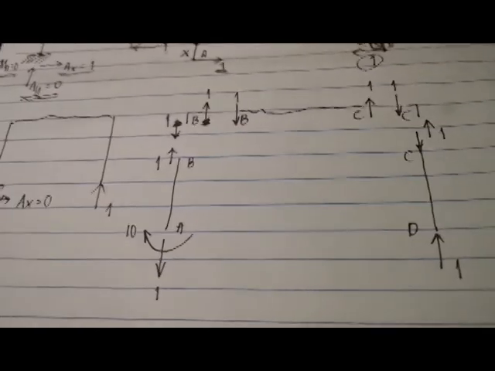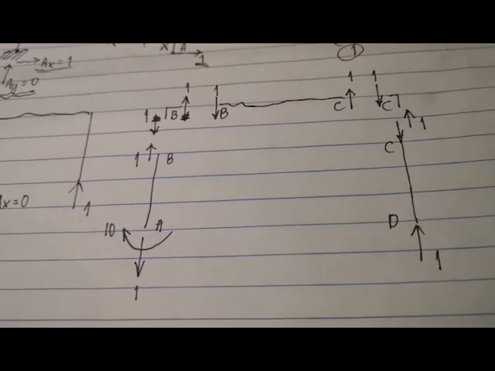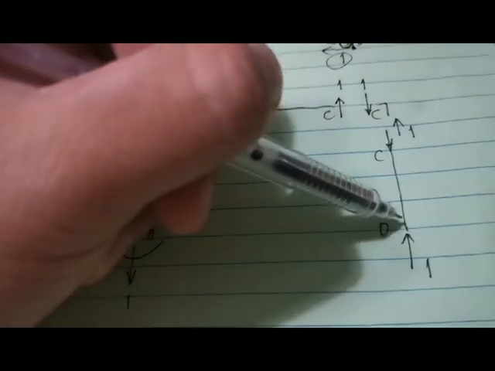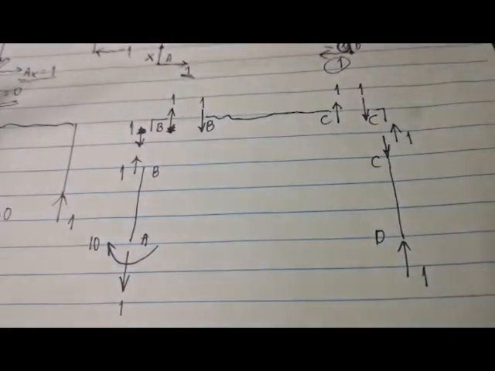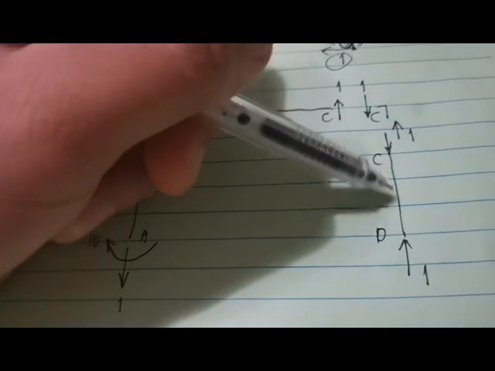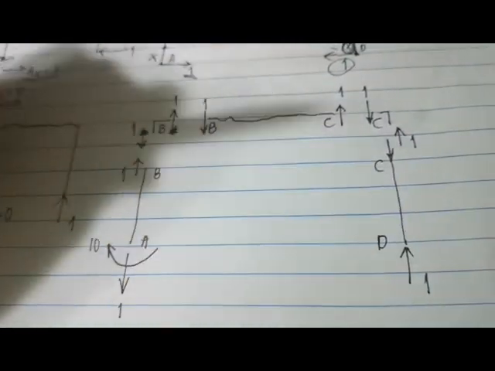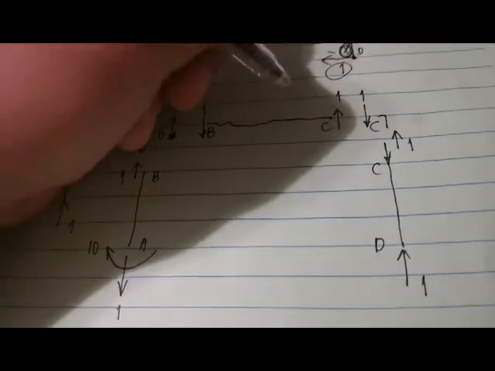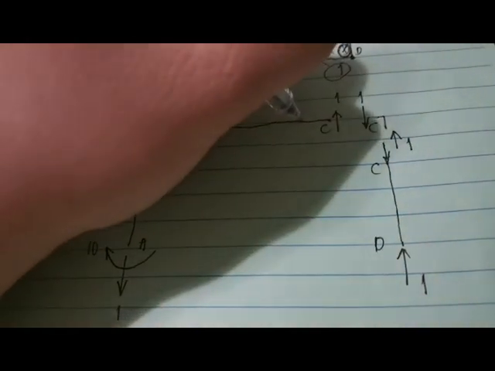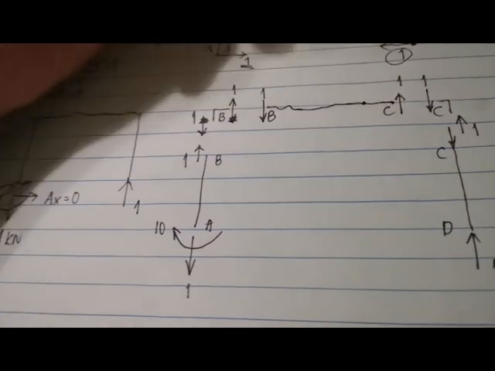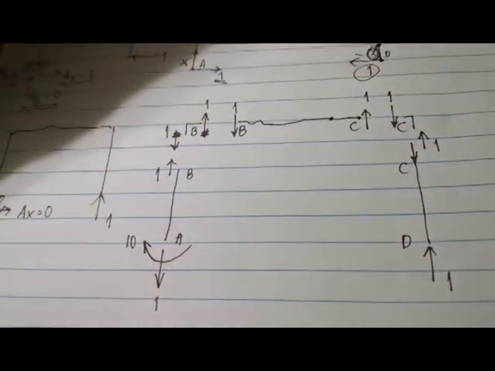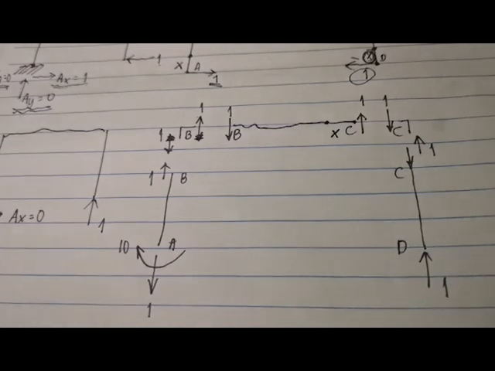Okay, next that we're going to do is to determine, from C going to D, we don't have any transverse load here, so therefore there will be no moment equation here. But here, point C going to point B, if we measure the moment at any point from C going to B, our origin from point C, denoted as X,